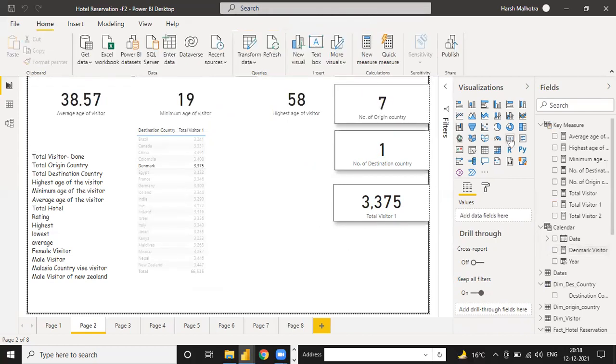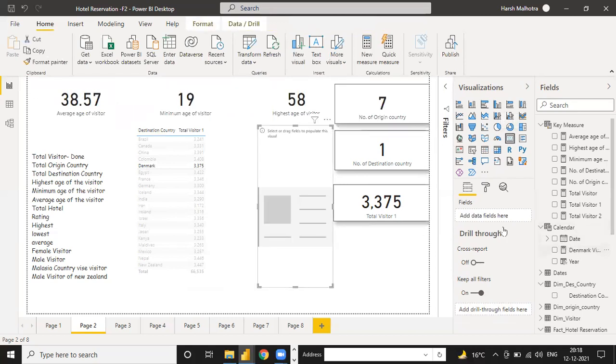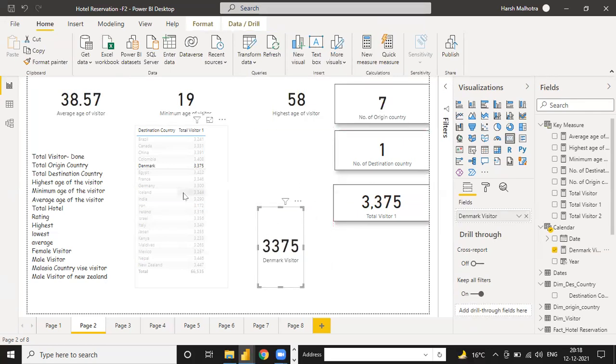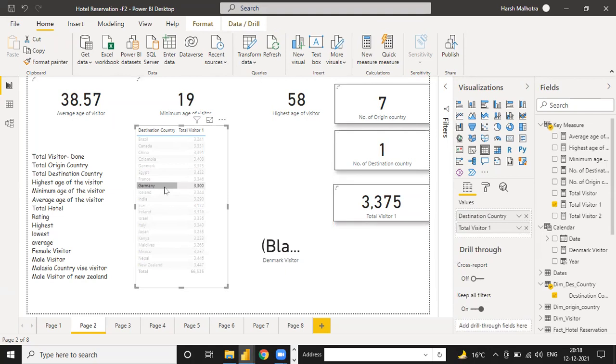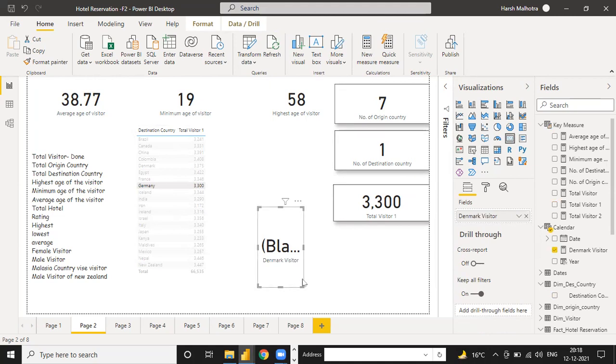Click outside, select this. See, the answer is 3375. If I select anything like Germany, this changes, but this is not changed because this value is blank. Why? Because I have selected only Germany, and for Germany this balance is nothing, so 0. That is why it's showing as blank, but you have another option.